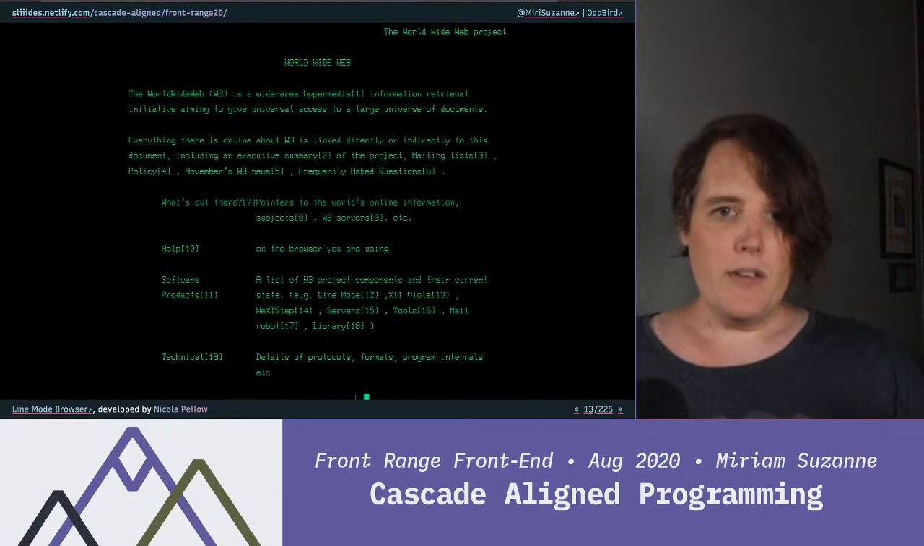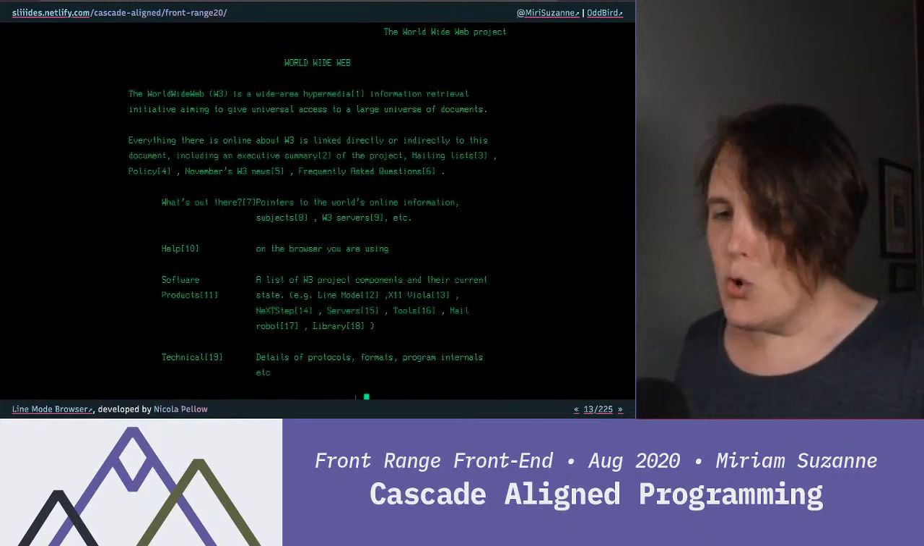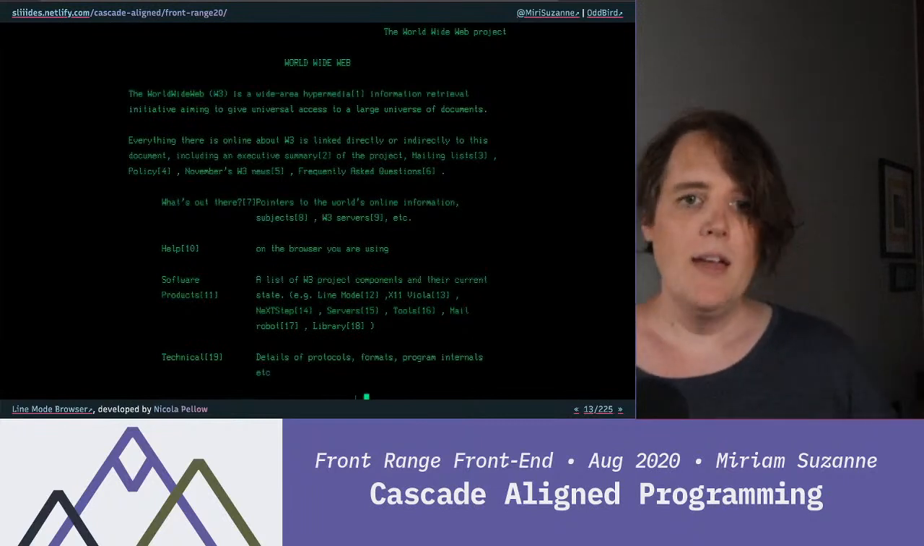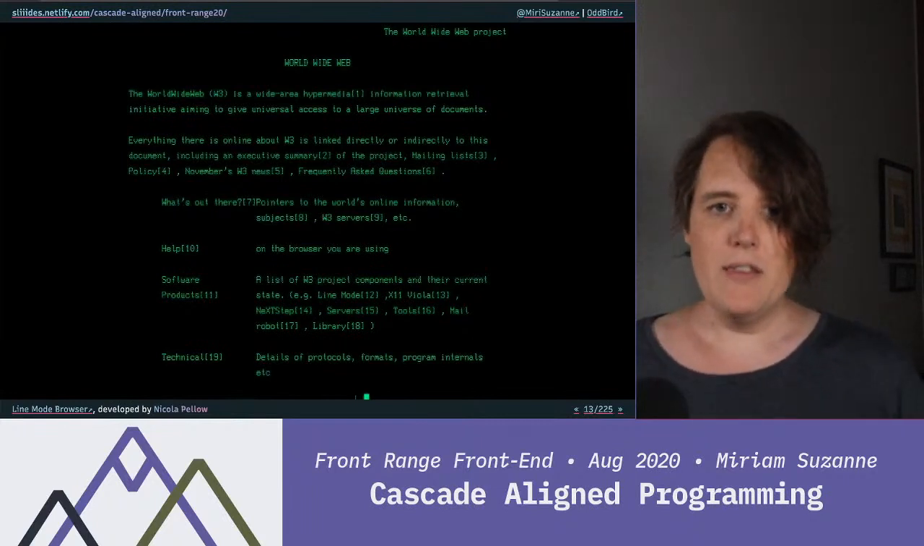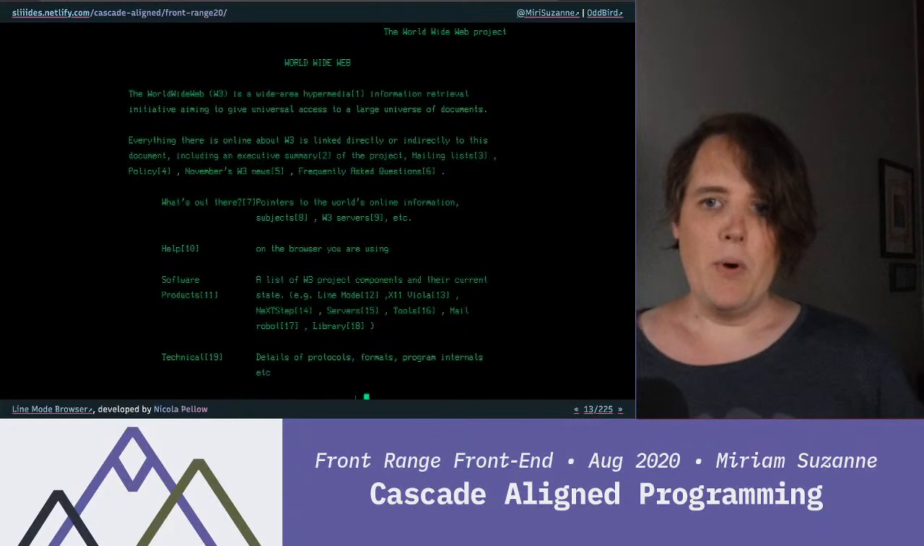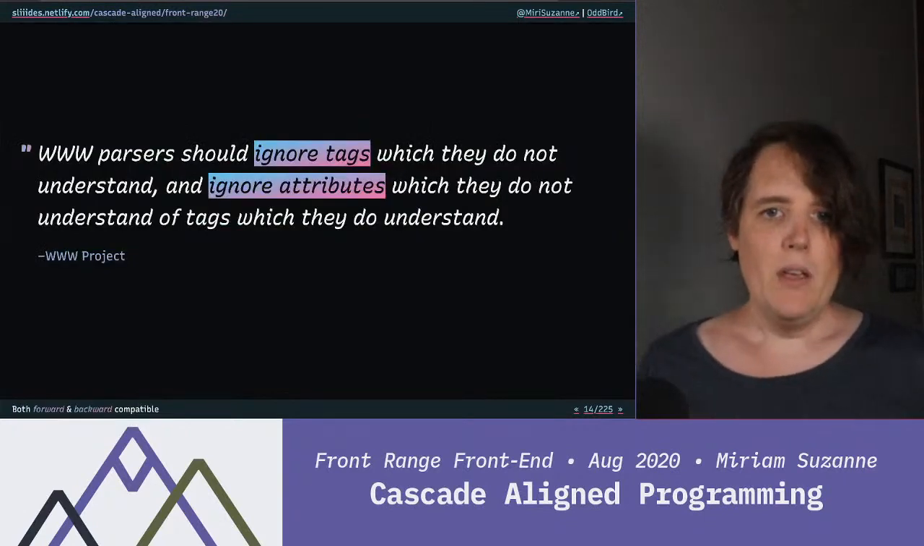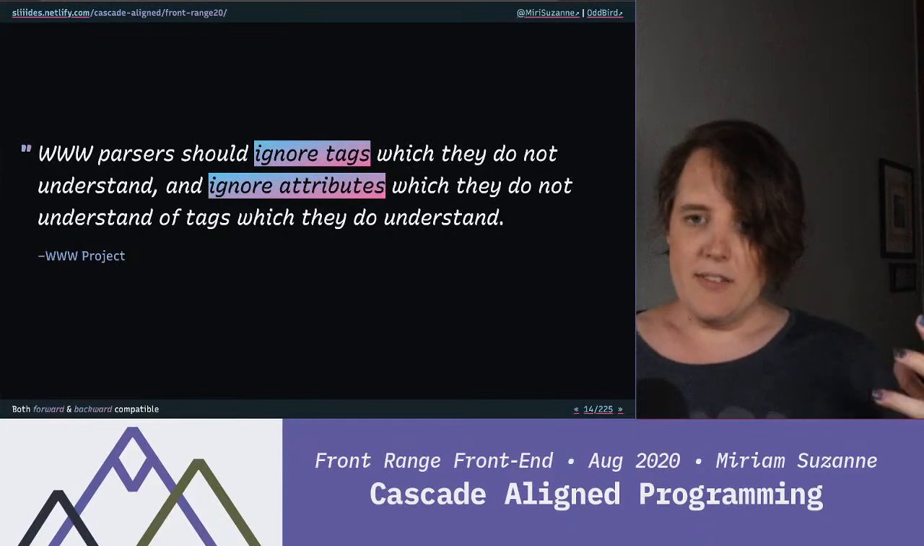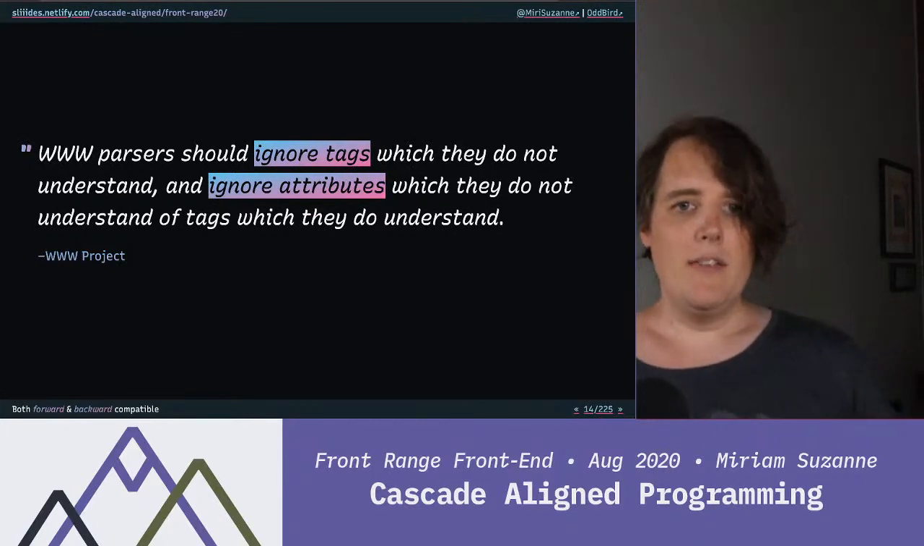And the idea was here we'll show you the way that this web is going to be platform agnostic by building a browser immediately that's less powerful than what we had in mind. And the way that that's going to work across all these different devices that have different capabilities is that